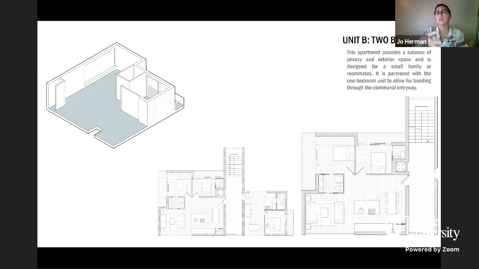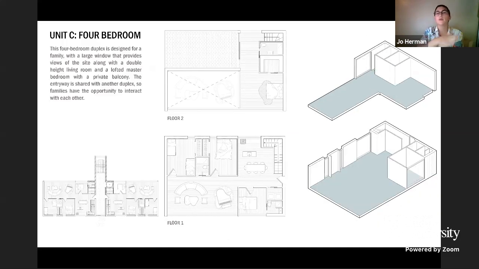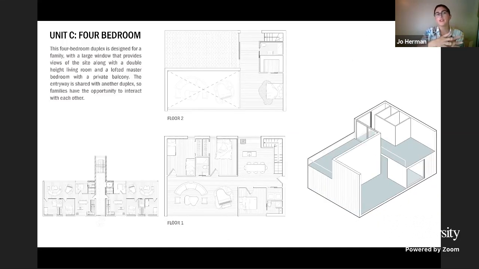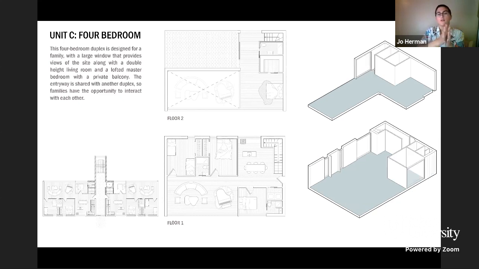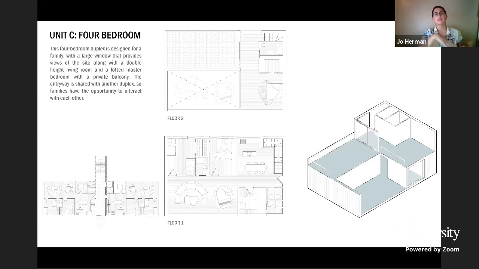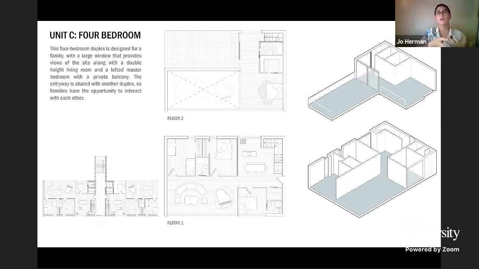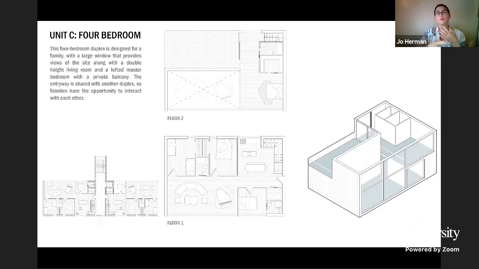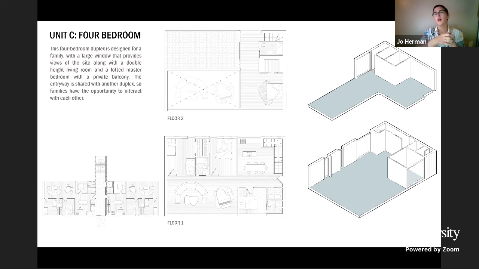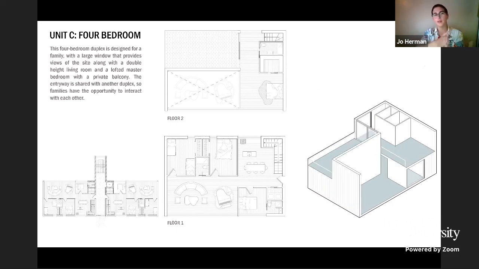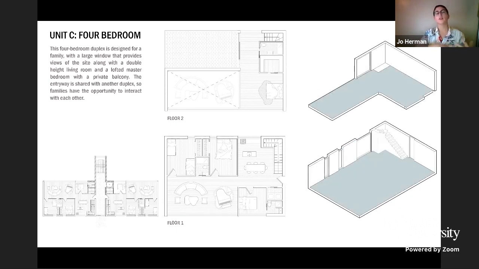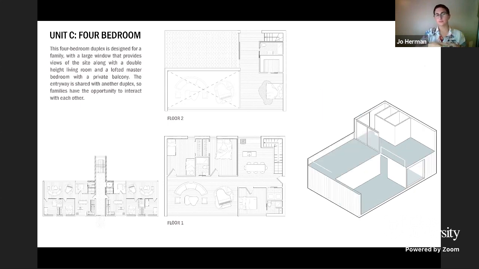And it's a space where you can talk and interact with them. And then I have my 4-bedroom duplex, which is my unit C. And again, I group that with another duplex, because the idea is it's more of a family home, and families tend to want to socialize with other families. So here I have that with a similar community